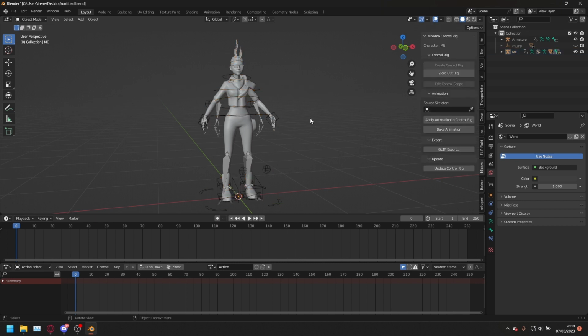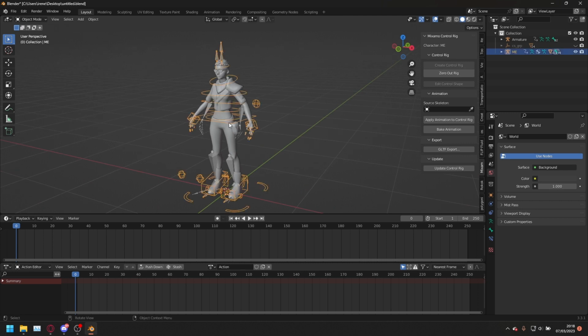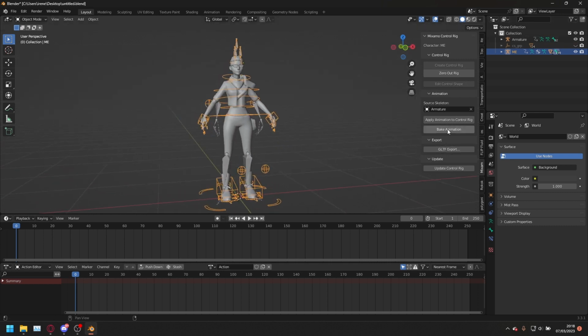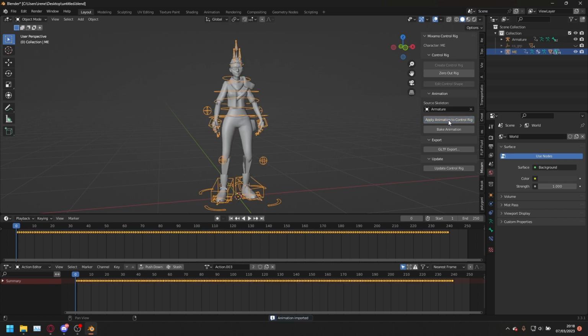And now the process is super simple. With the Mixamo plugin, we hit the control rig of our character, we hit this, and we click on our animation bones with the animation, and then we click here. As you can see now, the animation that we downloaded from Mixamo is actually added to the character that we